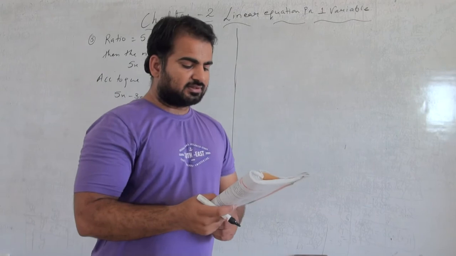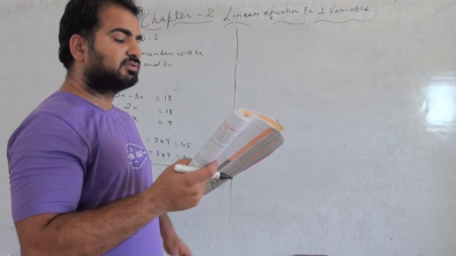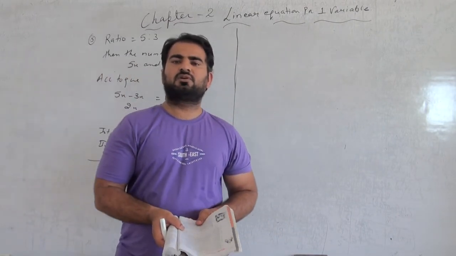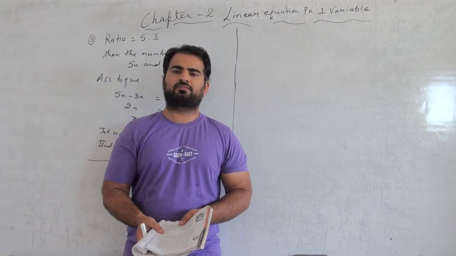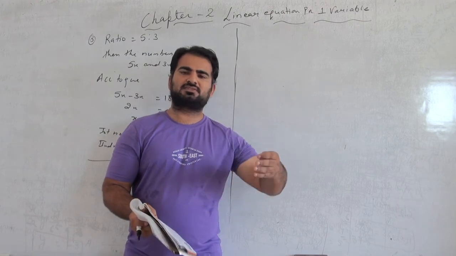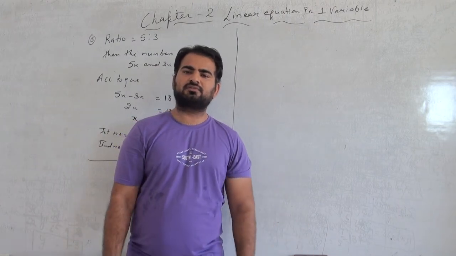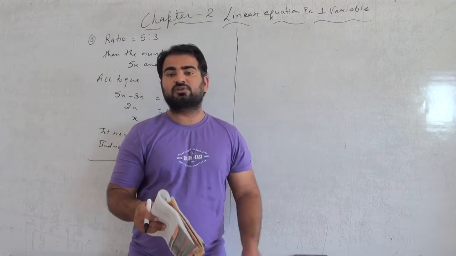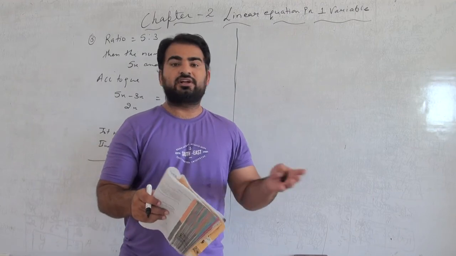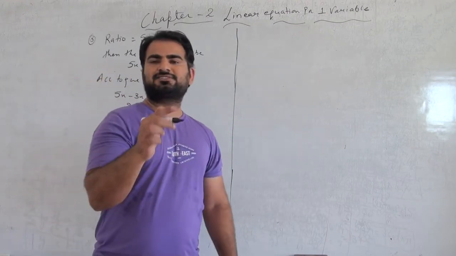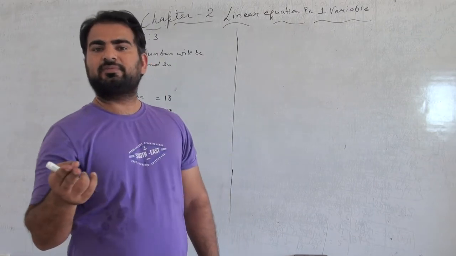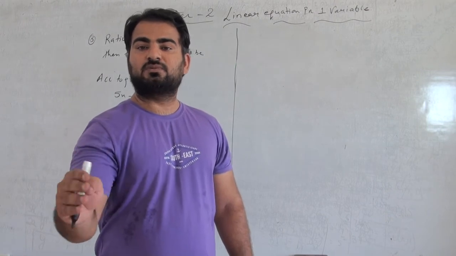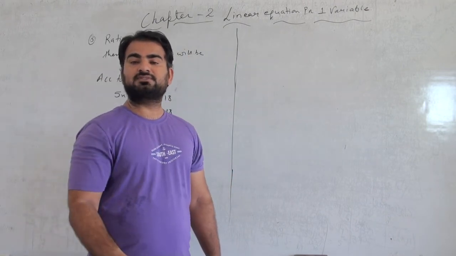Question number 6 is: three consecutive integers add up to 51. Listen class, what do you mean by an integer? Integers are just negative or positive natural numbers along with 0. What we are given is consecutive. Consecutive means continuous. So if the first number is x, then the second number will be x plus 1, the third number x plus 2, the fourth x plus 3, the fifth x plus 4.